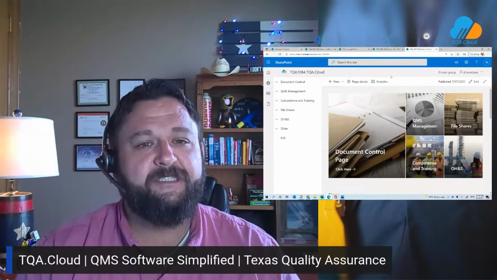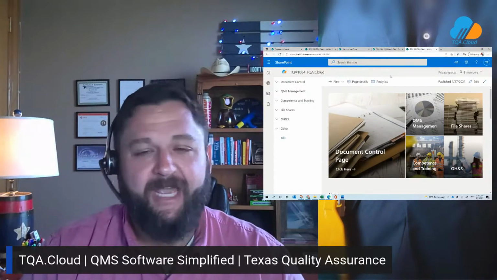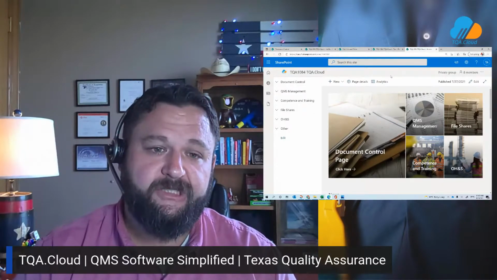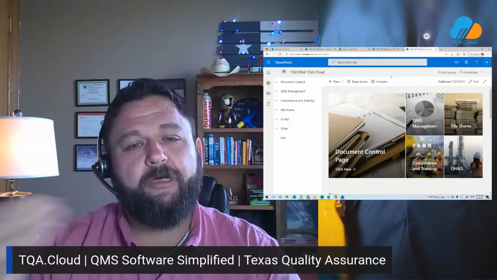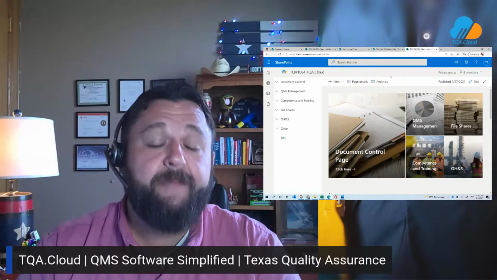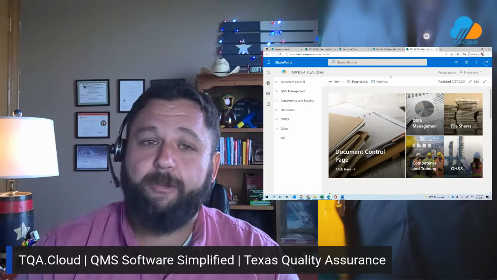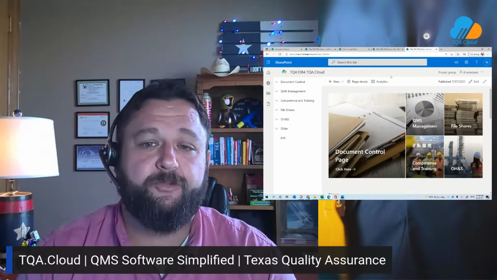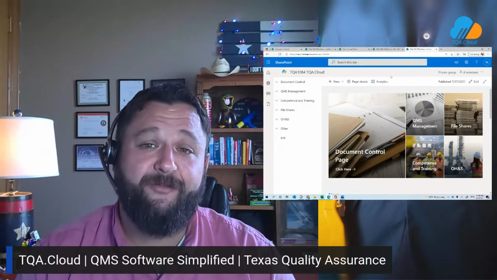And I think that's another one of my favorite aspects of this new release of TQA Cloud: we're really trying to combine all of the benefits of the previous software as a service solutions, where you have the out of the box ready to go. We can get you up and running in a day. But we also have the option for customization, custom configuration, and new development that you typically find with very high-priced software development organizations. And we're going to make sure to provide all of that to you as cost-effectively, as quickly, easily, simply as possible. And again, get you a very high-quality, good product that's going to save you time and effort on your daily basis.